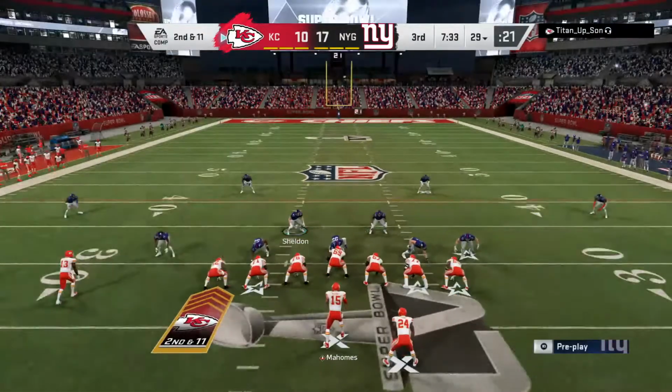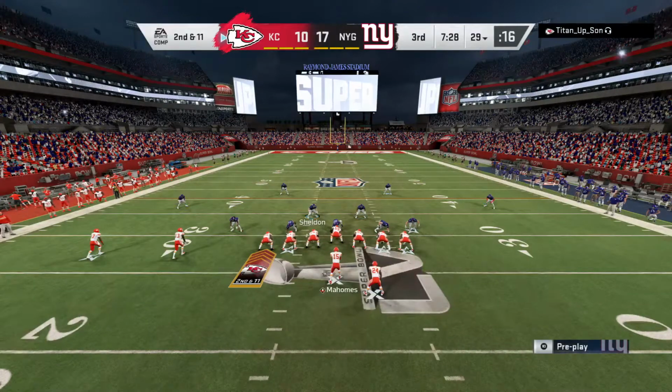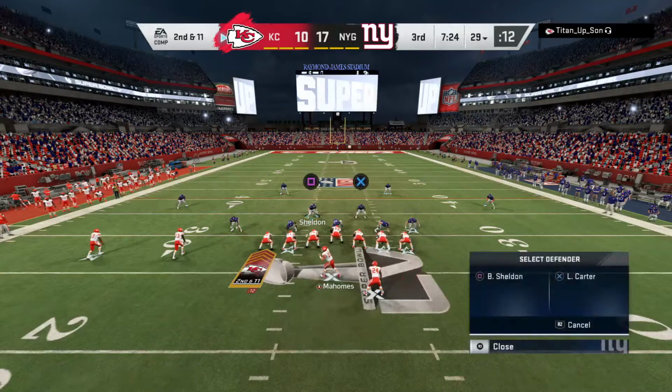45 to Mike. You can't block me. You can't block me. 45, 45. Mike, 40. 57. General,